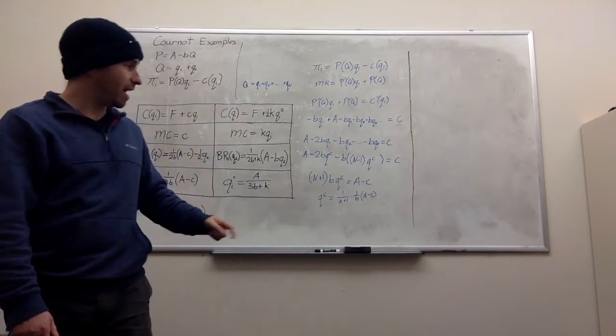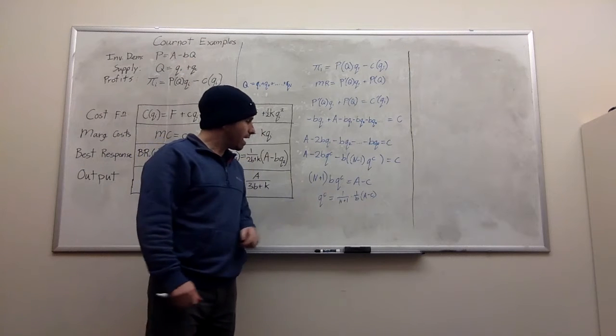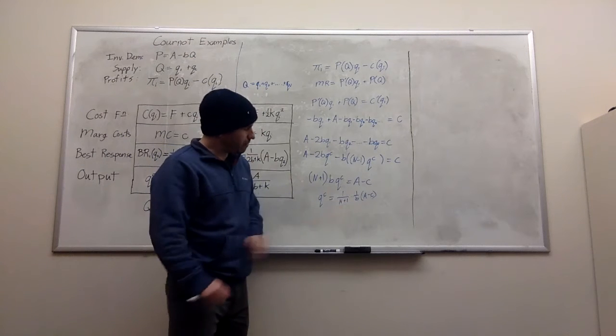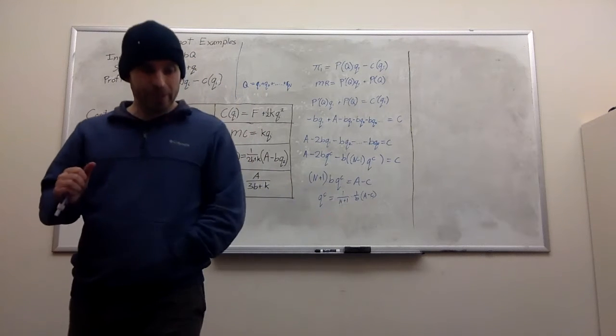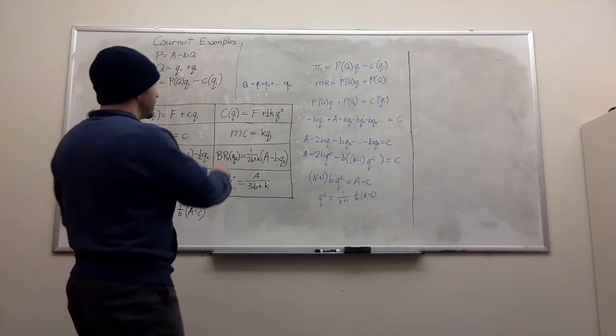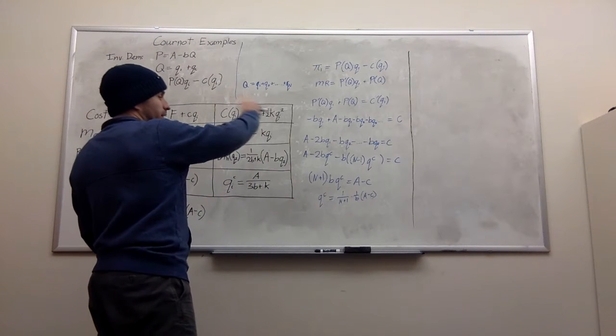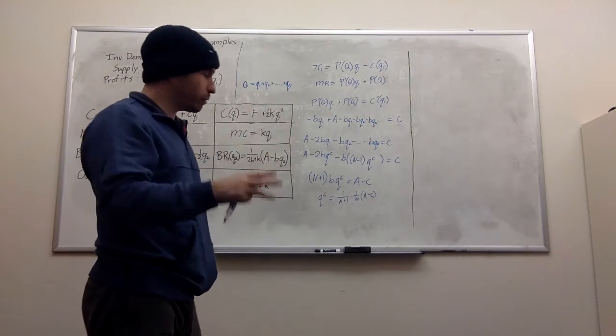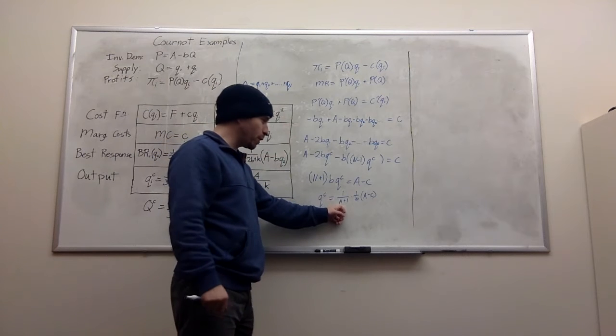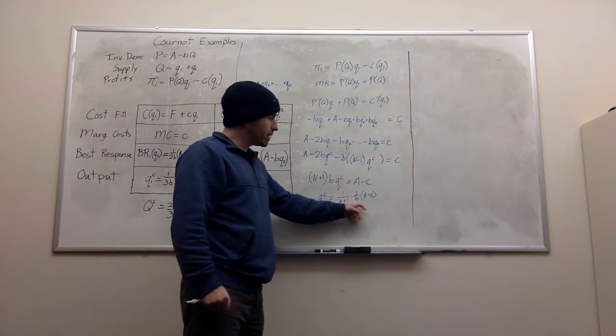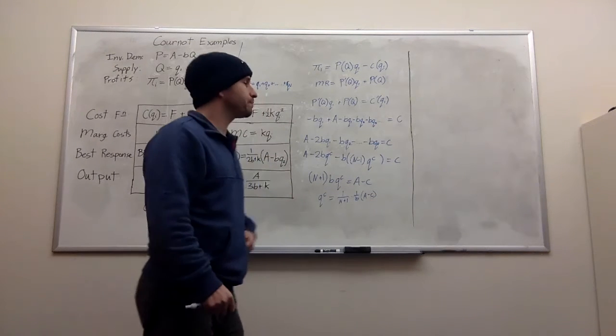Monopoly means just n is equal to 1, and then we have our case that we can also think of here with there being just 3 firms. Then it's 1/4 1 over b times A minus C,